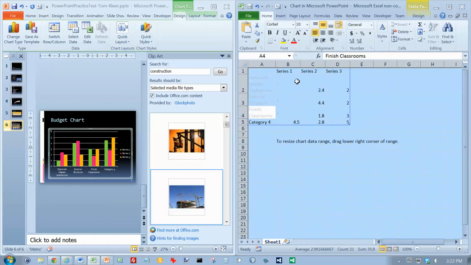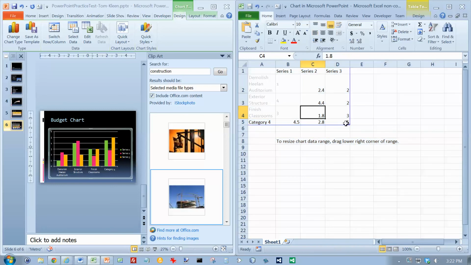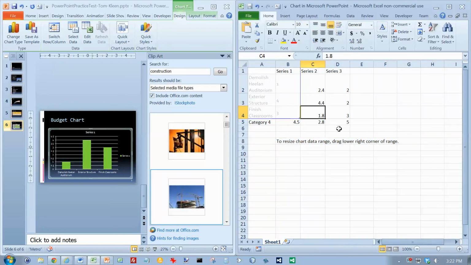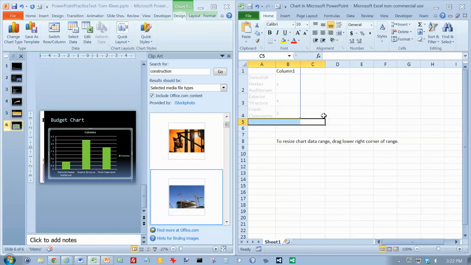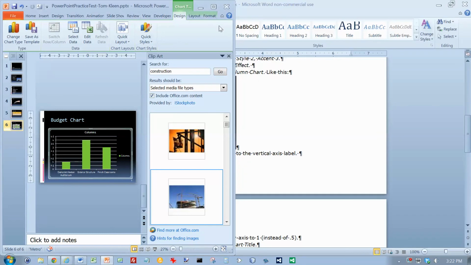Okay, and I've got too much stuff here. I've got two columns that I don't need, so I'm going to drag that over, and I've got one row that I don't need, so I'm going to drag that up. And let's try getting rid of this up here too. What happens if I delete everything up here? It's not going to let me do it. I'm going to delete this stuff outside of my selection here, but it's still giving me this, but that's basically what I want. So I can go ahead and close that, and I can go back to,